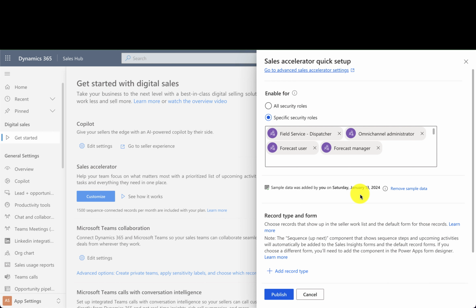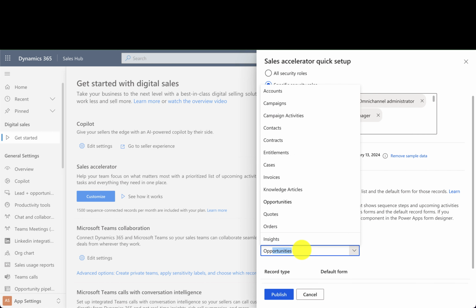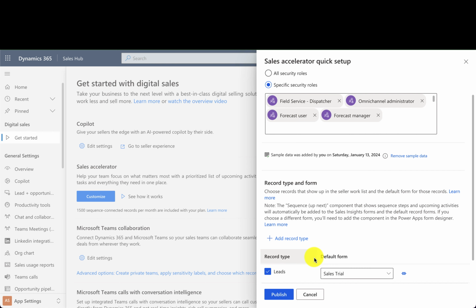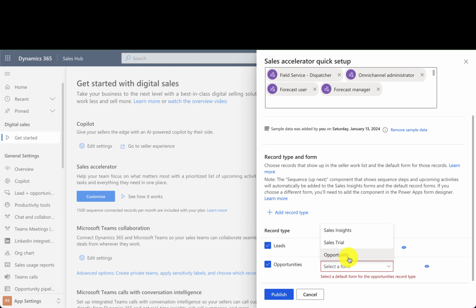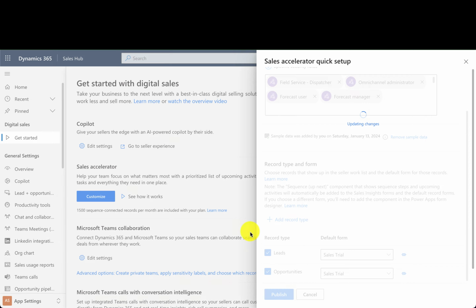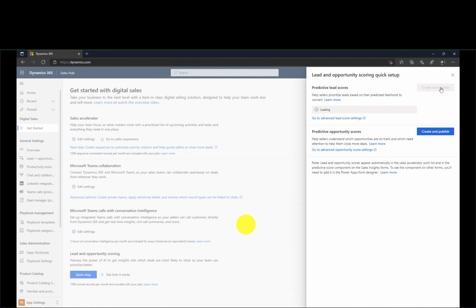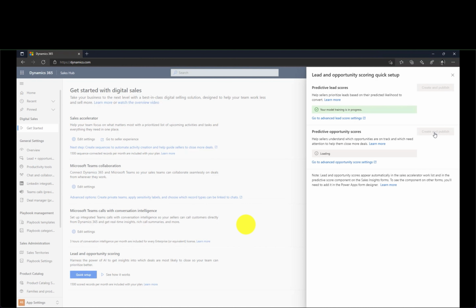Okay, so we do have sample data added. So it'd just be a case of making sure you've got those 40 qualified and 40 unqualified leads in the environment you're working in, and then you can go back and set up the lead and opportunity scoring. So once you've done that, return here and set it up. So once you've gone into quick setup, once you qualify for these 40 qualified and disqualified leads and 40 opportunities that are closed and closed as won and closed as lost, then these buttons will become available.